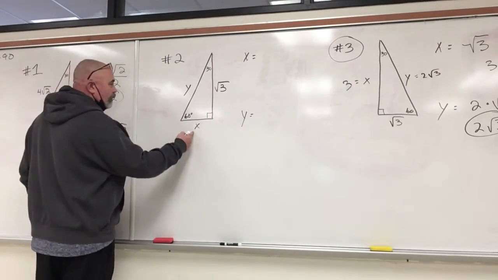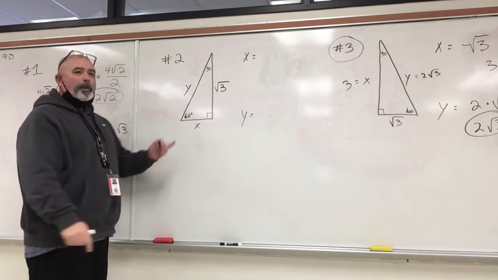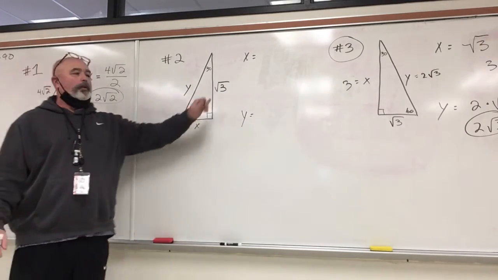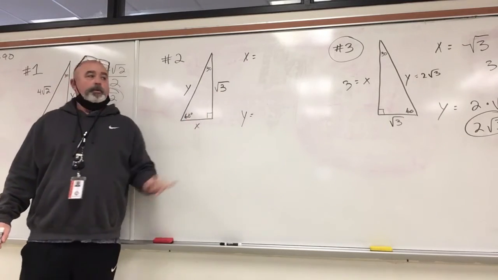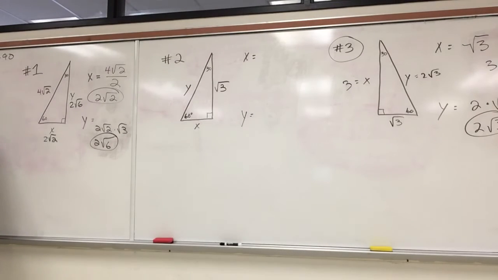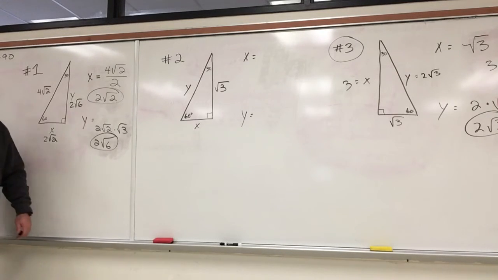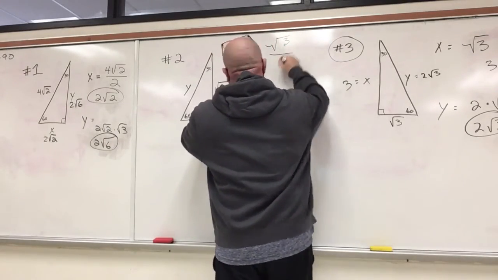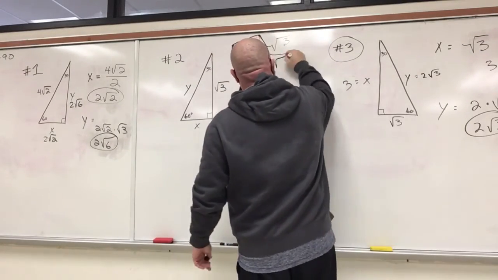Don't have the short leg, don't have the hypotenuse. What's the key to these problems? Find the short leg. What are we given? Square root of 3. Which is what? The long leg. So I got the long leg, I need to find the short leg. What am I gonna do to the long leg? I'm gonna divide it by what? Square root of 3. So I'm going to take square root of 3 divided by square root of 3,